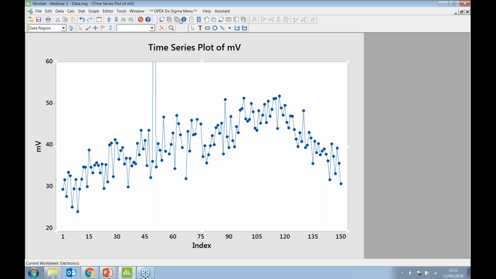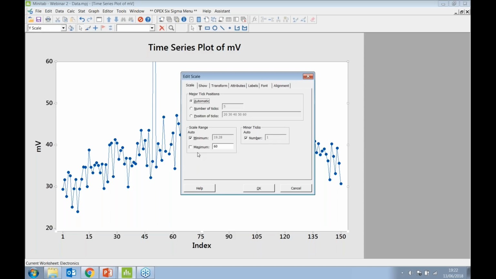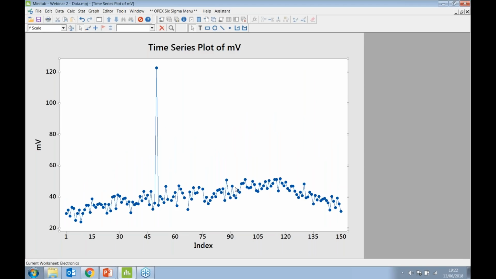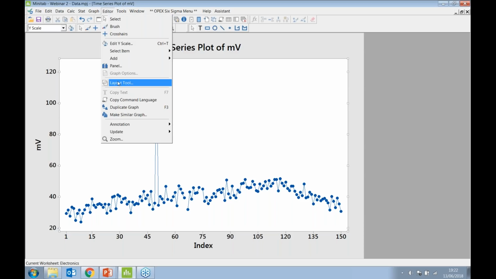Okay, now before I move on, I just want to quickly show you a useful tool in Minitab that I sometimes use, because first pass analysis is about histograms and time series plots working together. I'm just going to change this axis back to auto. Now there is a tool in Minitab where you can group charts together into the same window, which is particularly useful for project reports or presentations, etc. So that tool is Editor, Layout tool. So if you go to Editor, Layout,